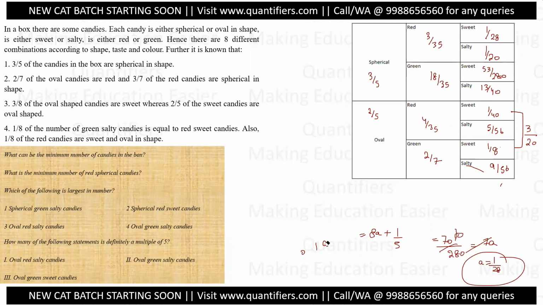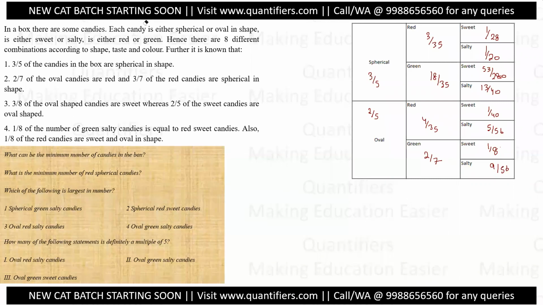If you see the denominators are 1 by 8, 1 by 5, 1 by 7, the fractions involved. All right, so we can use them and assume the value to be 280, right? LCM of 8, 5, 7. But again, there is a bit of scope for error. Why? If there was some fraction which comes out to be, let us say, 53 by 560 during the solving process, then it would have caused a problem, because in that case the minimum number of candies should have been 560. But in this case, I could have actually done that, but that was kind of a hit and trial for this question.